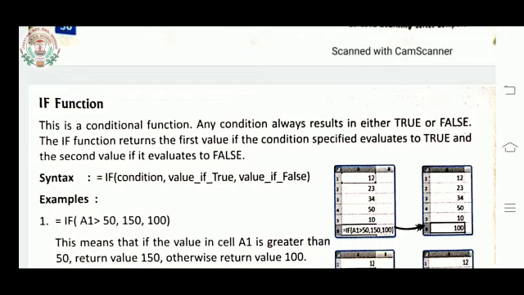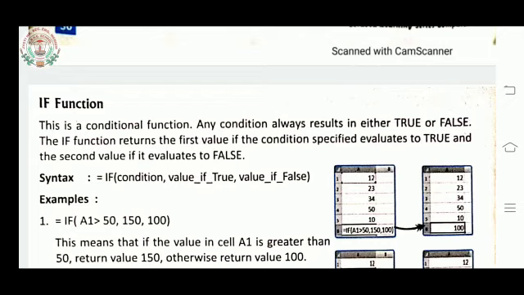So here the syntax is given. Syntax, as I told in the previous video also, is the way you write in a cell in the Excel sheet. In the previous video I also told you that every function or formula starts with an equal sign.